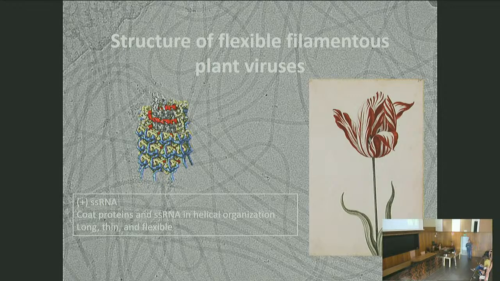Probably you know that in that time in the Netherlands, the Dutch people went crazy about tulips. And they got the first economic bubble that has been described. And this is the most expensive tulip they got at that time. And it was expensive because of this crazy pattern of coloring, the white stripes on a red background, and because it was really difficult to multiply the plant to get new bulbs.